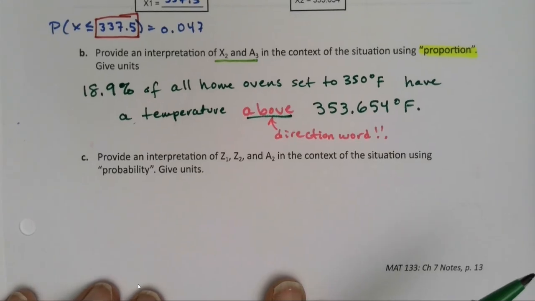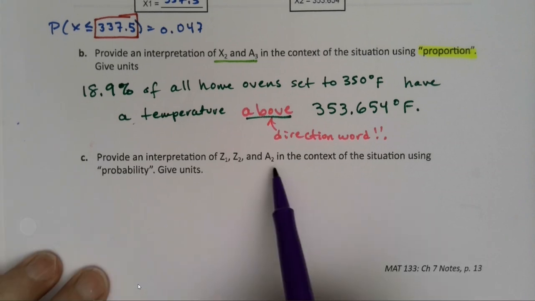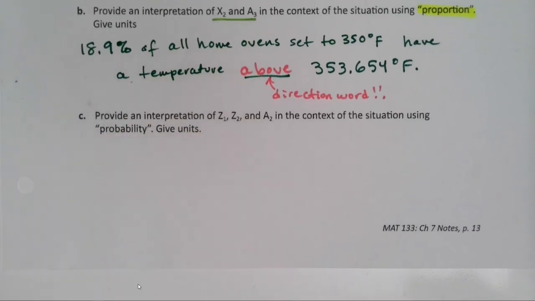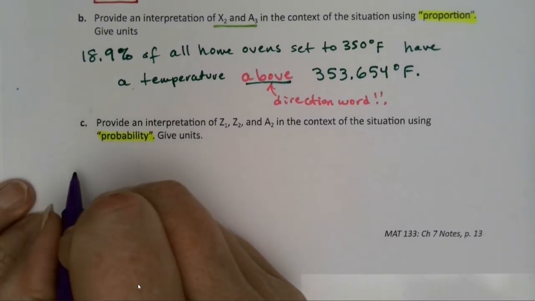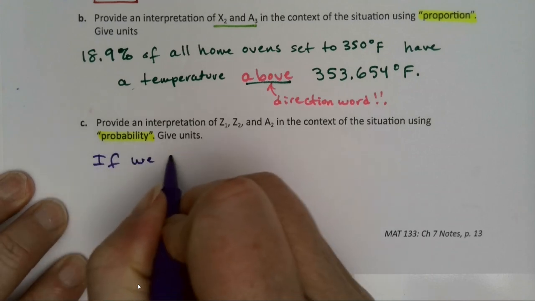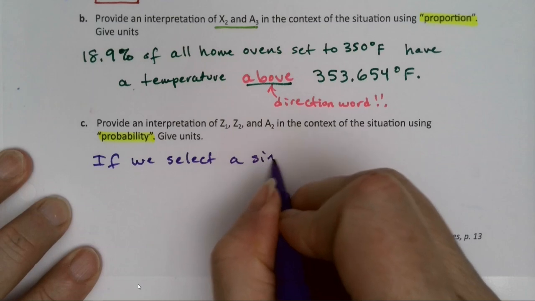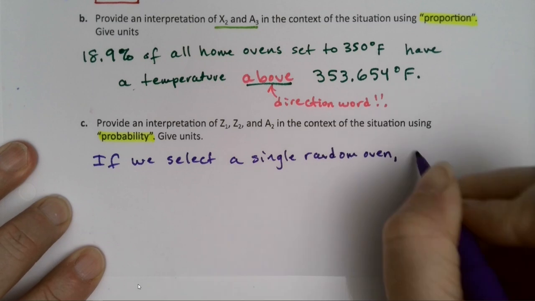Okay, now let's provide an interpretation. This time we're talking about the middle. So they're saying, hey, that middle area, that is Z1, Z2, and A2. So this is the center zone, right? The between zone. So, and now we're doing it as a probability. Right? So a probability is saying if we choose a single random oven, right? If we select a single random oven, the chances,